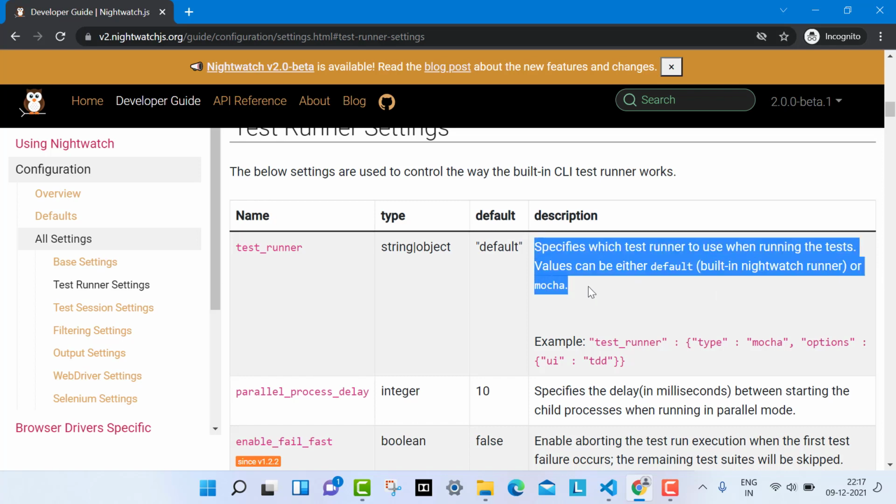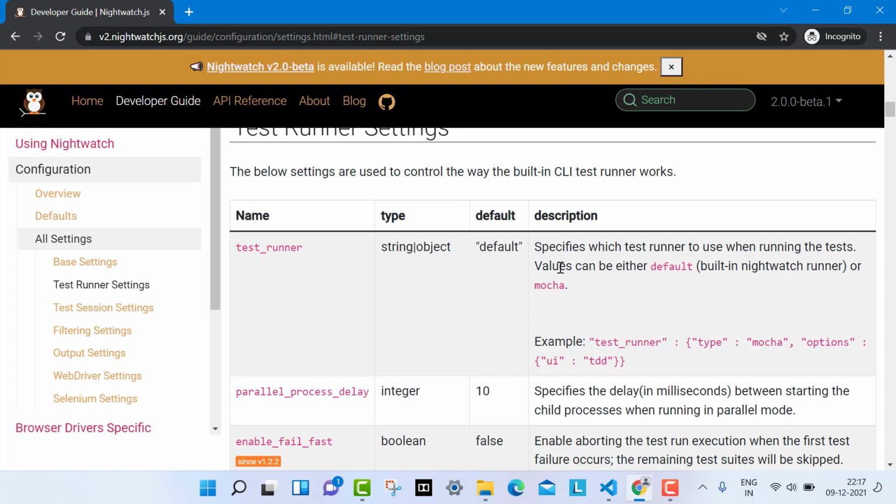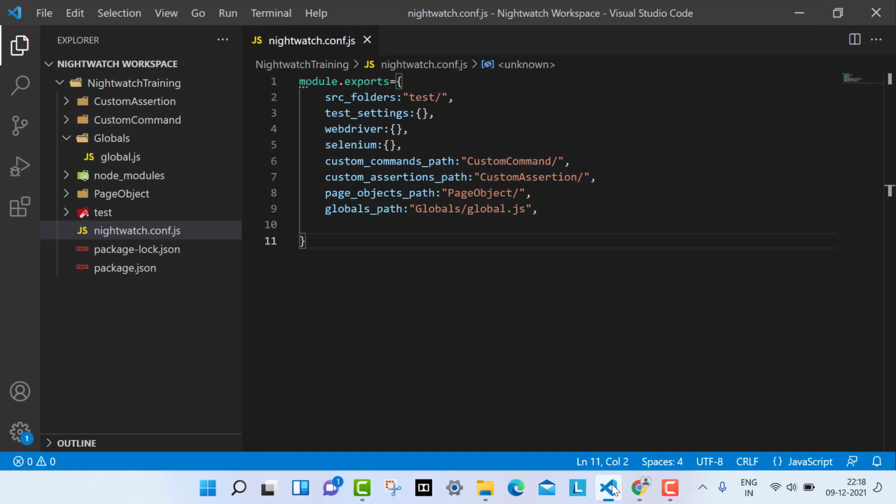If you have to use Cucumber, there is another way to use it, which we will see later. Right now we will see how we can define the test runner. It will accept either a string or an object. Let's see this. I have opened Visual Studio Code.